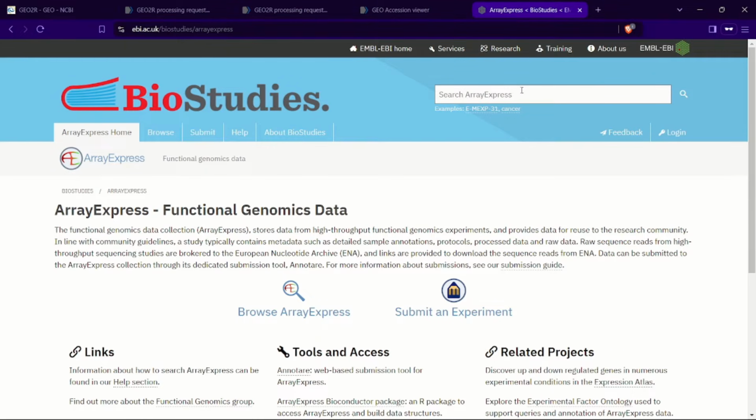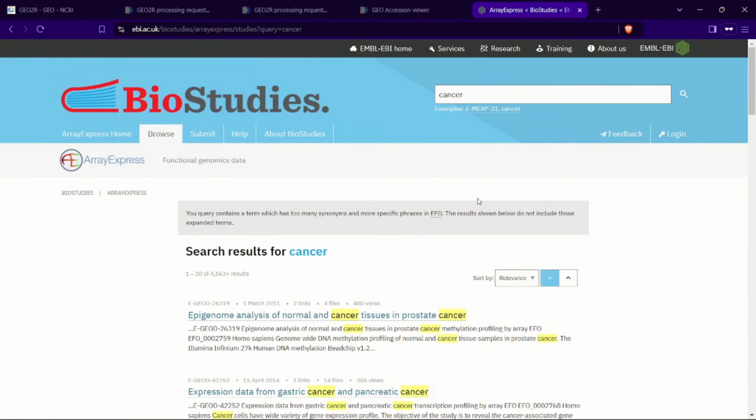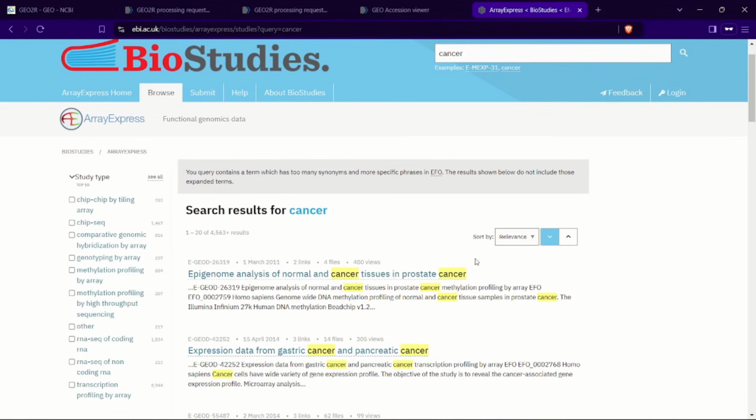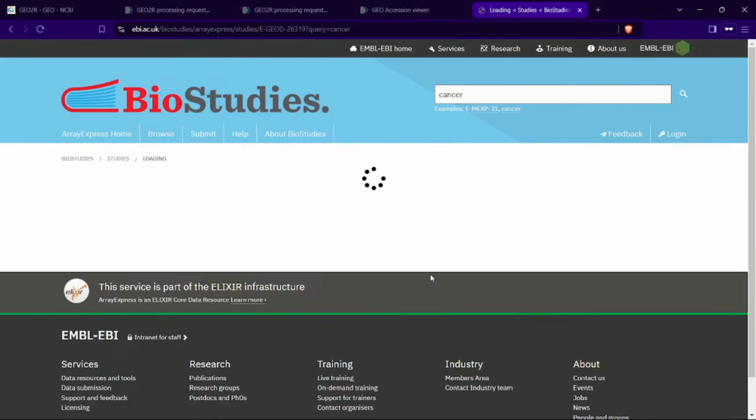So here you also have a search bar. You just need to type the keyword here, the same thing. I'm going to type the same keyword, cancer. Once you click on cancer, you will find the different datasets. I'm going to select the first one, that is an epigenome analysis of normal and cancer tissues in prostate cancer. Okay. So if you click here,